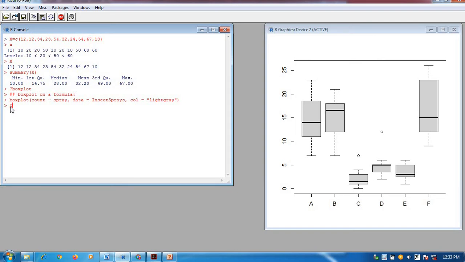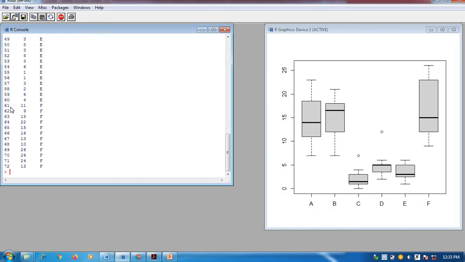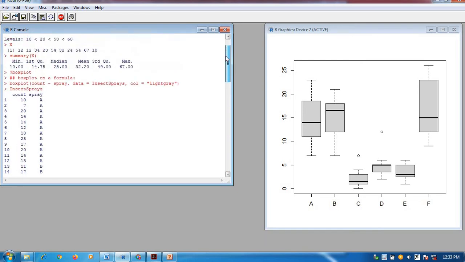InsectSprays. Okay, now see, one data frame. We have already learned about data frames, it is just like a table. In this data frame we have two columns, count and spray. Spray is of kind A and their counts are like this.